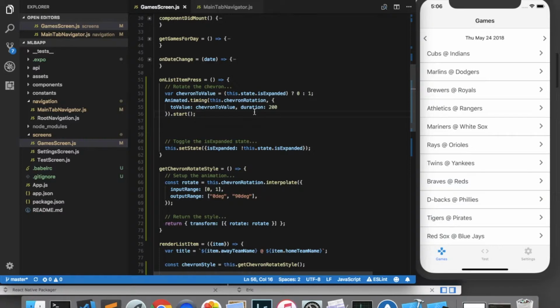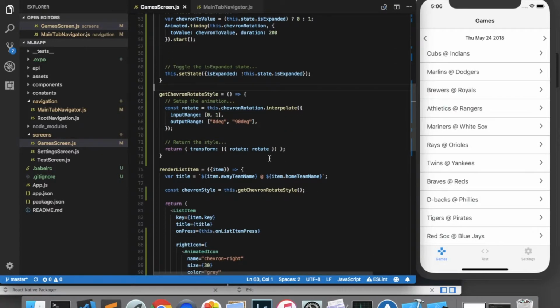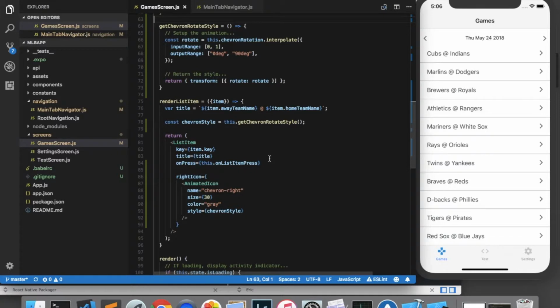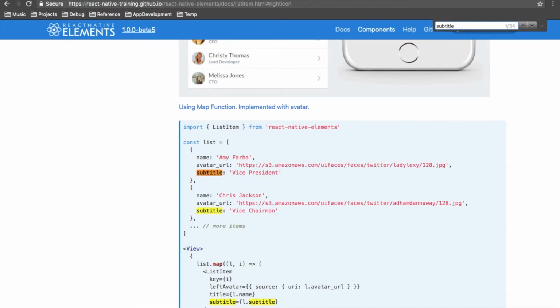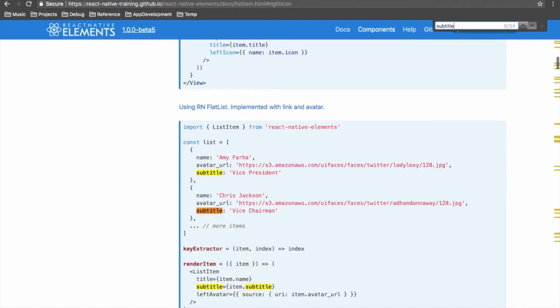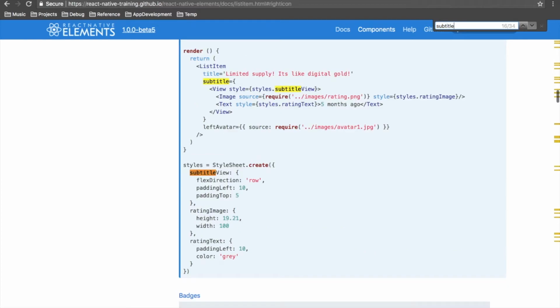Okay, the next thing to do is to expand the list items themselves to make them bigger or smaller, depending on if we are in expanded mode or not. And the way that I think would be easiest to do this would be to give our list item a subtitle. So if we jump back over to the React Native Elements documentation and we look up subtitle, if I can find it in here,